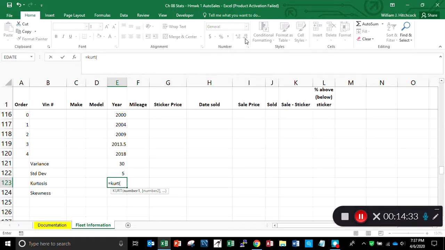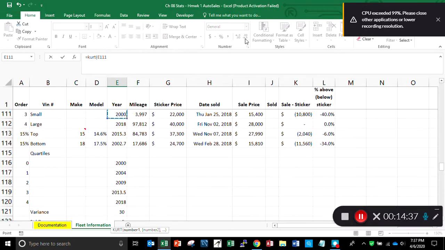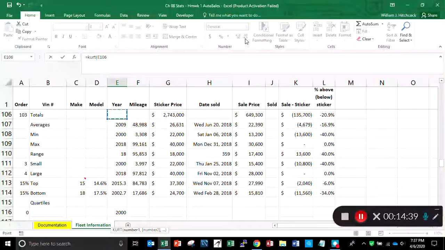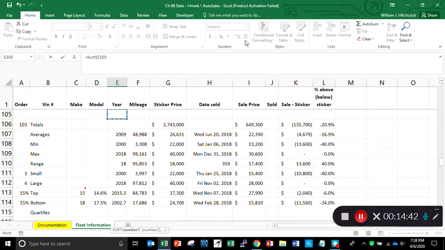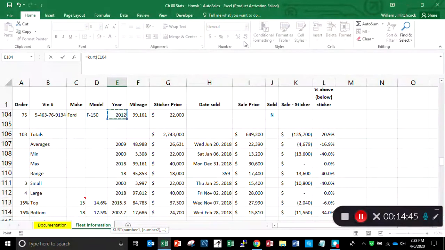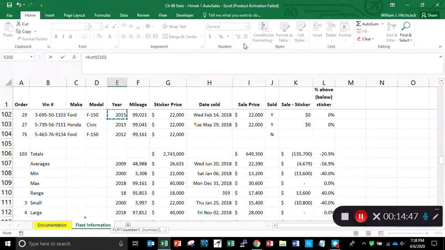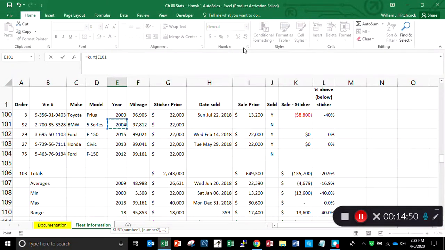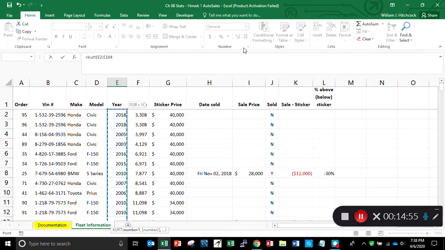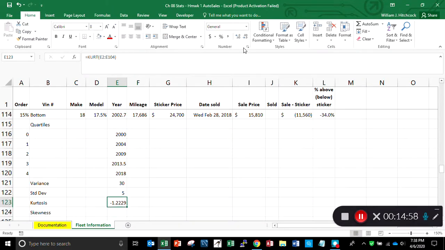KURT. The kurtosis for the years. Come on, come on up. Oh, hang on. My computer's slowing down on me. Shift, end, and up. Back down one. So there I've got negative kurtosis, so that one we can format. We'll leave it that way, meaning it's relatively flat. And then for the skewness, if I can type,